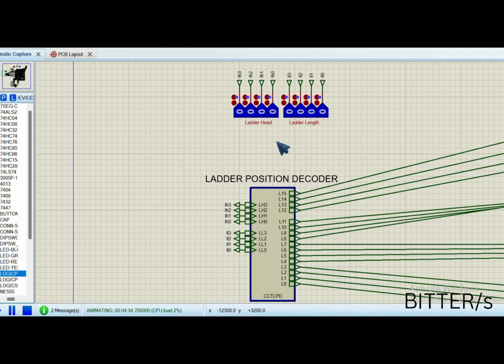Coming to the ladder position decoder, if we look here, these are the parameters that are to be set manually. This is the ladder head and this is the ladder length. Let's set these as 0101 and 0111. So if we look into the child sheet here,